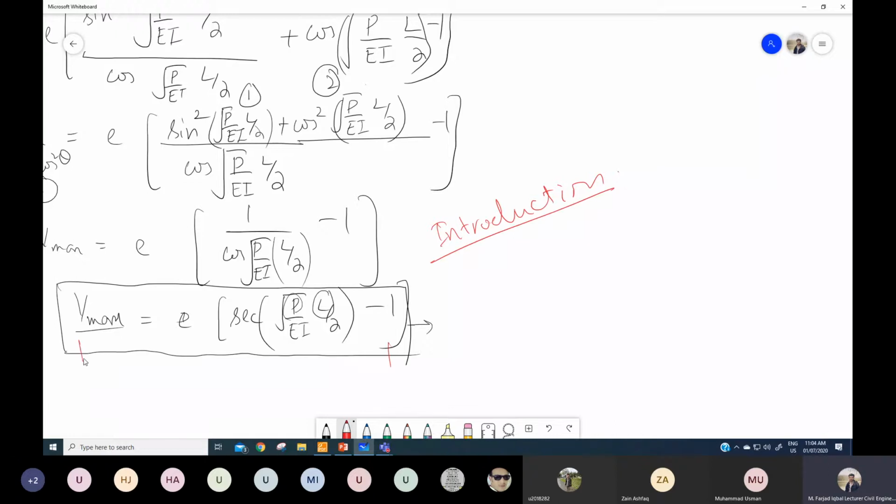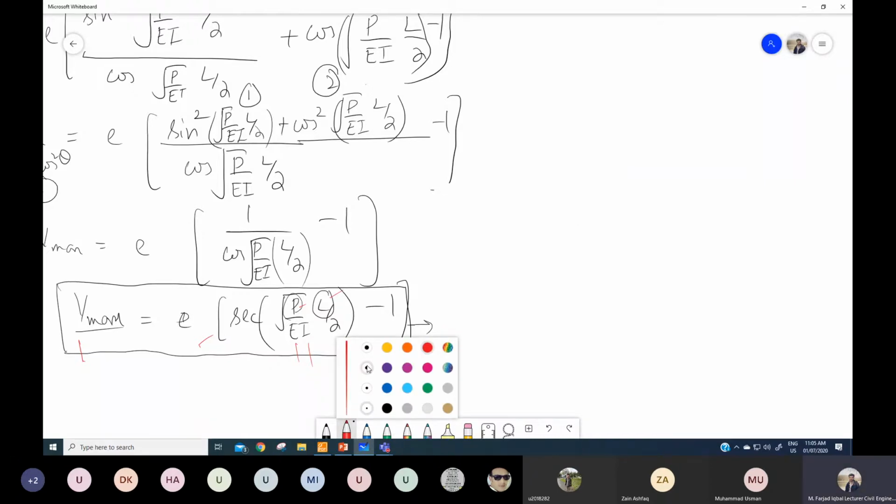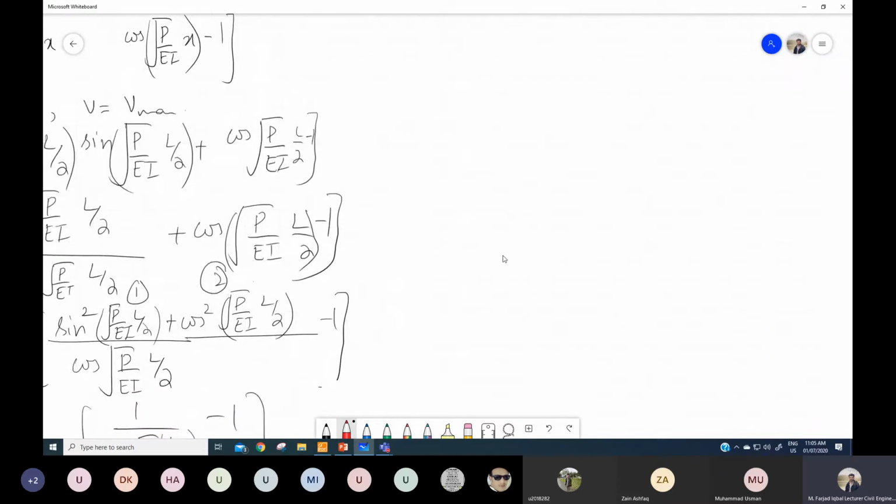which can occur in this type of column, and this was that relationship. It is basically a correlation of eccentricity, this load P that is acting on the column, and the length or effective length of the column, and EI factors. If we know these factors, we can compute what the maximum deflection is that is taking place in these kinds of columns. So today we are going to continue this derivation and derive some formulations for the maximum stress which can occur in these columns.